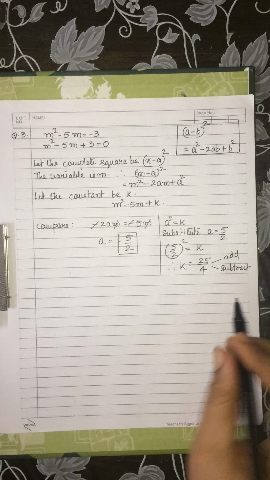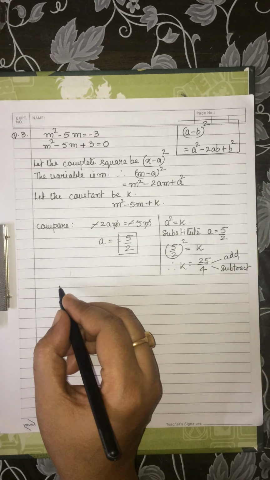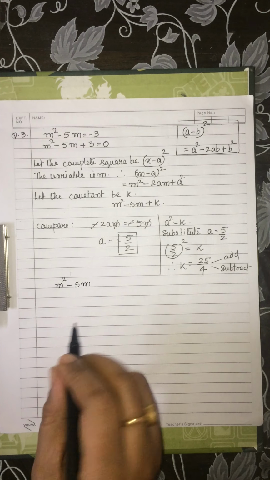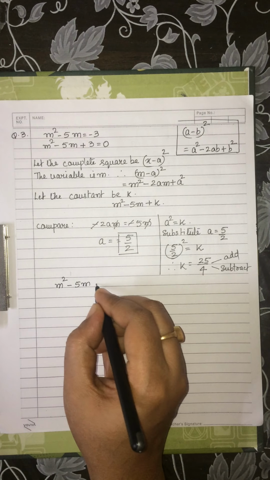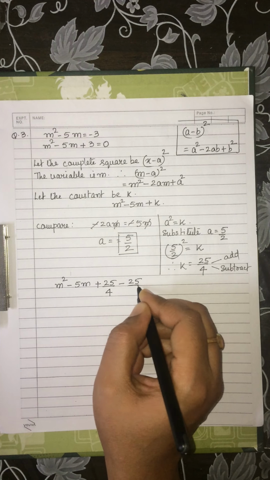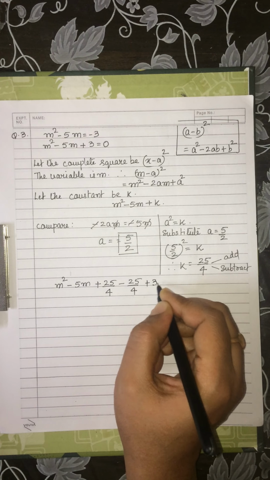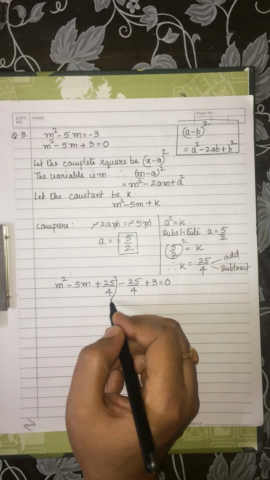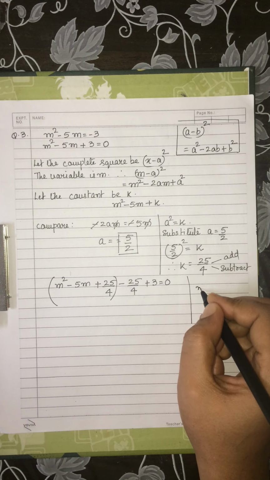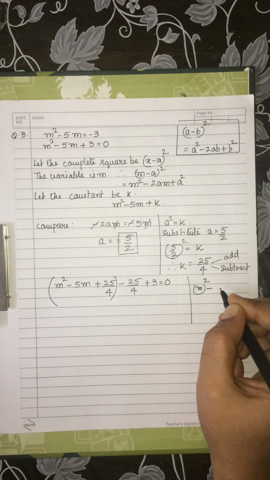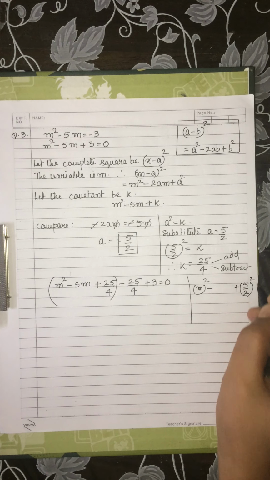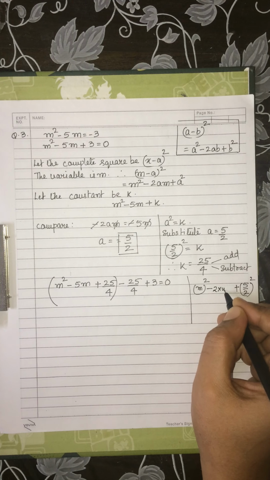So this has to be first added, then subtracted in the given equation. Always first add, then subtract, children, the constant. So take the equation m square minus 5m. After two terms, add, then subtract. You will get it as first three terms a perfect square. How do you get it as a perfect square? It is as m the square and 5 upon 2 the whole square, and it is 2ab.